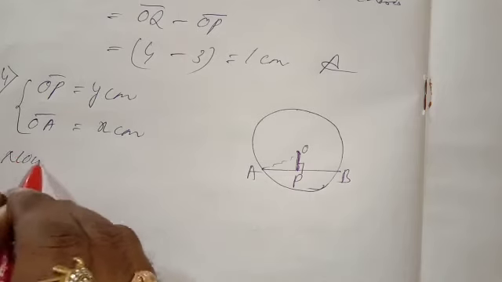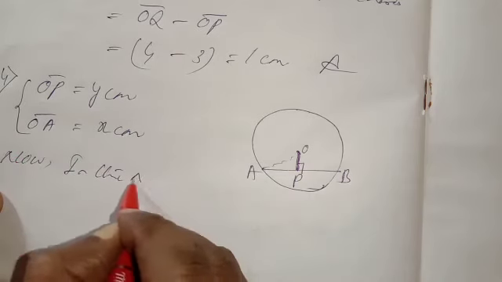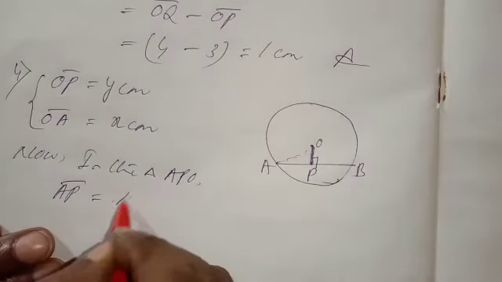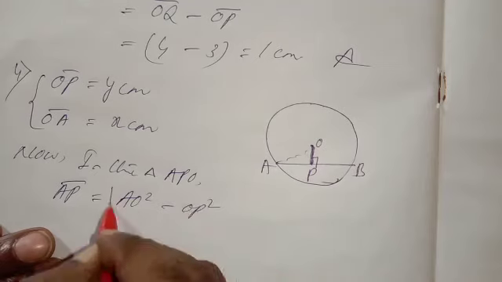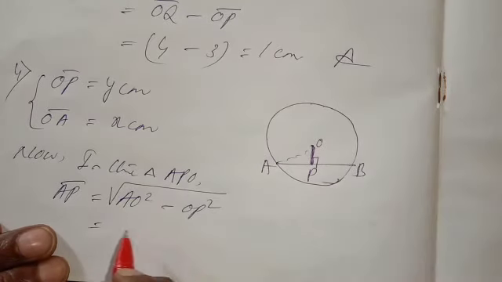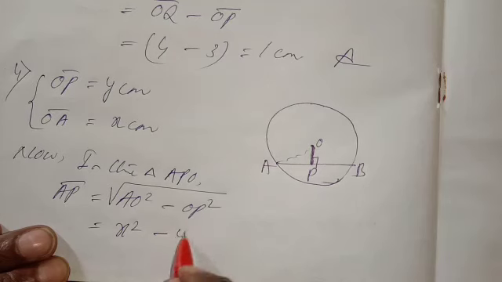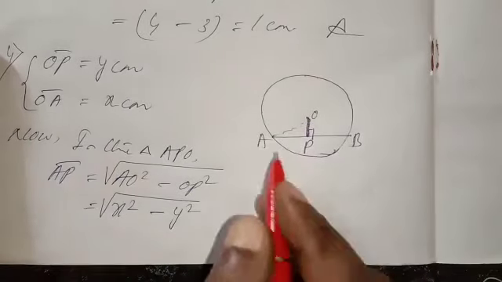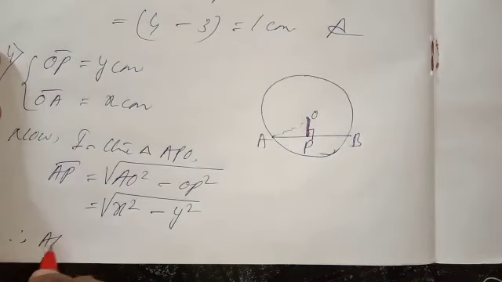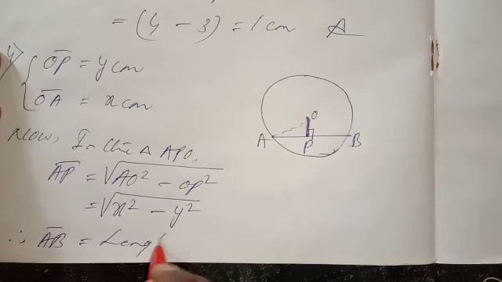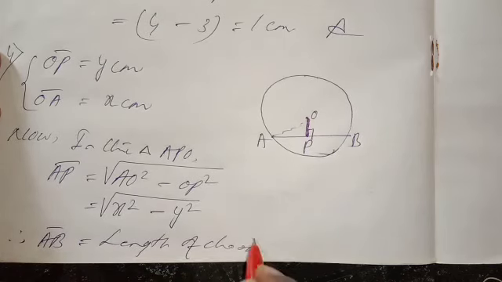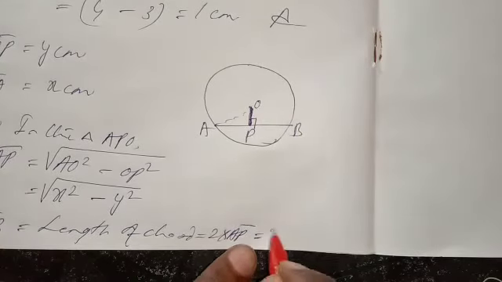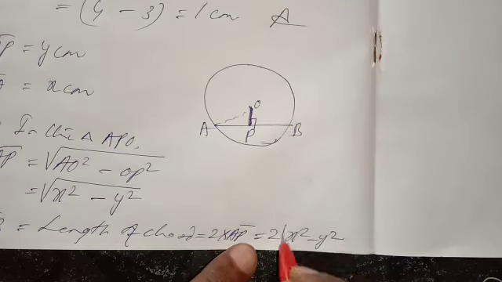So now in triangle APO, AP equals how much? Using Pythagoras theorem, that is the square root of AO square minus OP square. AO is the radius, that is x square, minus OP, that is y square. The square root of x square minus y square. This much you got for AP, but I have to find the length of chord AB. Therefore, the length of chord AB is equal to twice AP, 2 into AP, which is equal to 2 into the square root of x square minus y square